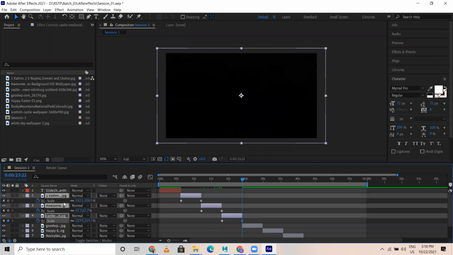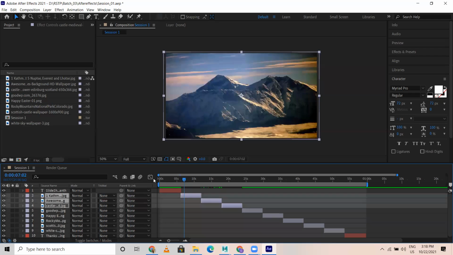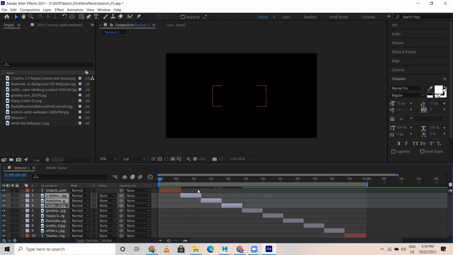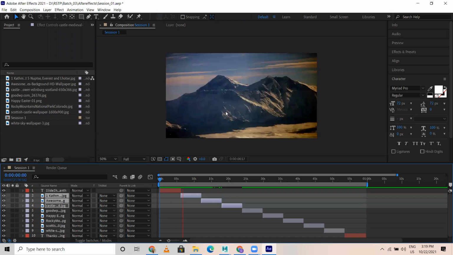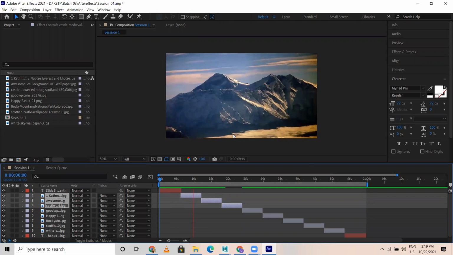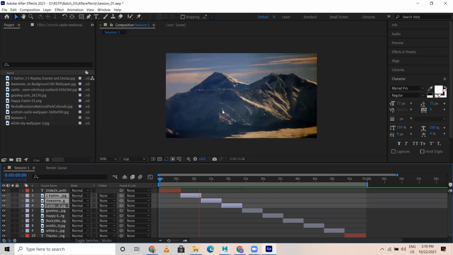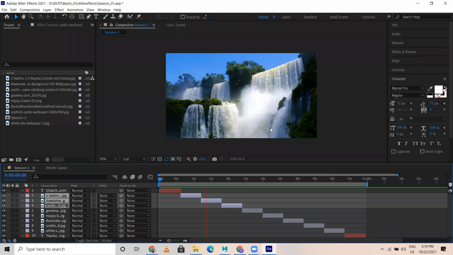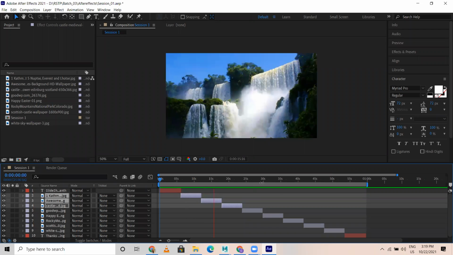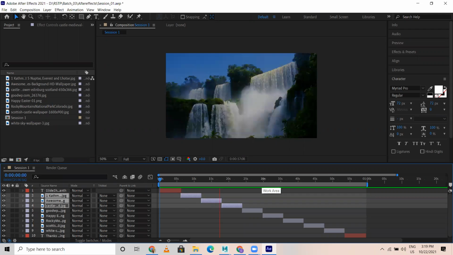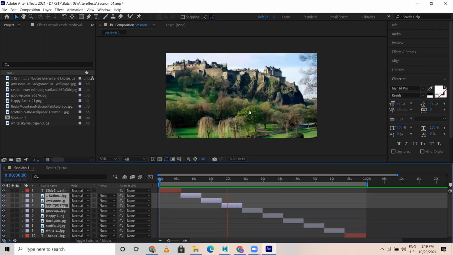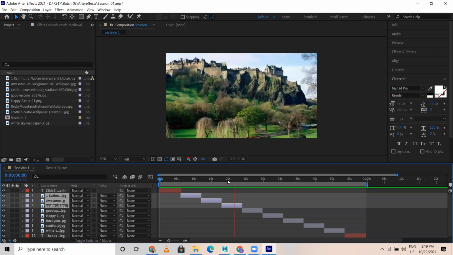At least I'll show you the scale animation, meaning you can try. So now see what happens. It's like this. Then see, it's animating. Then the next footage, it will scale down. The next footage, it will scale up. This is scaling up, right? So it will give a smoother feeling.